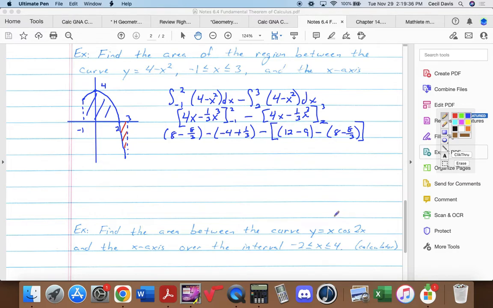There's a lot of negatives and stuff to keep track of here. Let's do a little distributing. So 8 minus 8/3 plus 4 minus 1/3